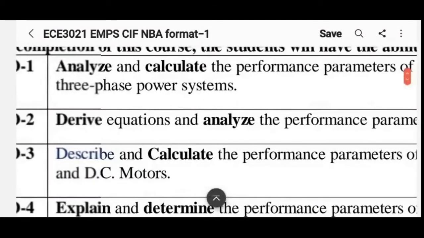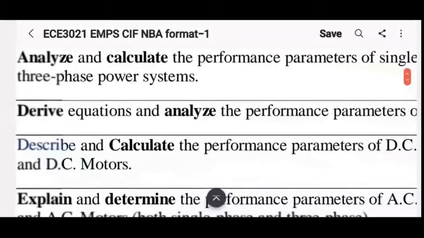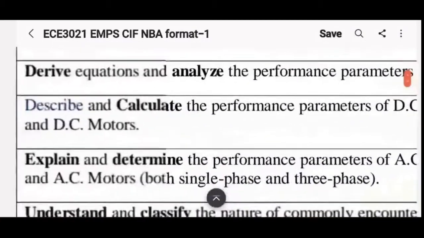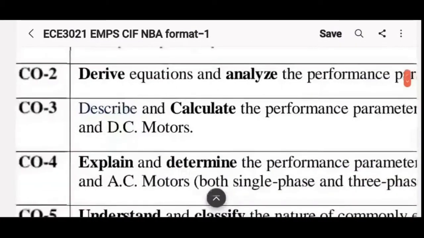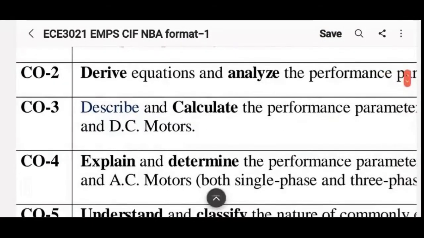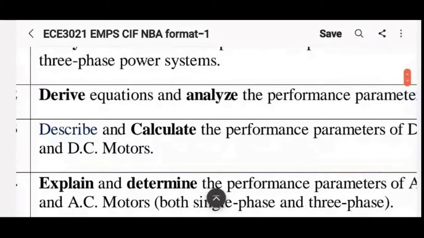After the midterm exam, we will begin with DC generators and DC motors. Maybe not. Let's see. But this is one of the objectives. We can always switch the preference from one to another. But this is one objective typically that is going to be completed, whether before the midterm or after the midterm. Sometimes we do DC generators and DC motors first, then we go to transformers.